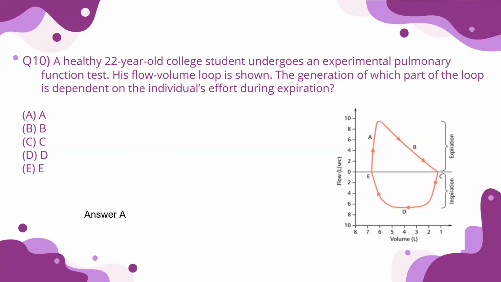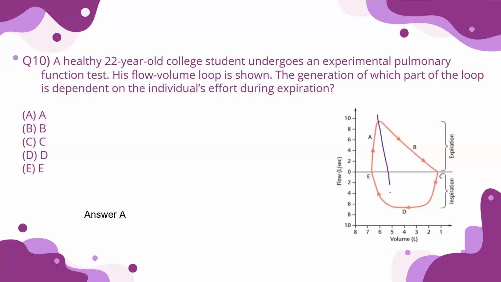So always remember the initial part of your flow volume loop is going to be the part that's effort dependent. Why is that? Because, try it yourself actually. You're exhaling air. Try exhaling the maximum amount of air that you can. You'll see initially, you can do it forcefully. You can do it well. You can put in a lot of force of air, okay? But you'll reach a point where even though you're trying to put in force, you can't. And that is the force independent part, because you reach a point where you can no longer exert force during exhalation, even if you're trying. That is the part where flow actually begins to decrease,